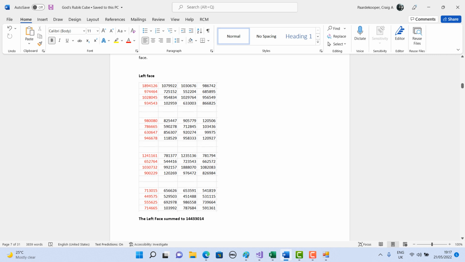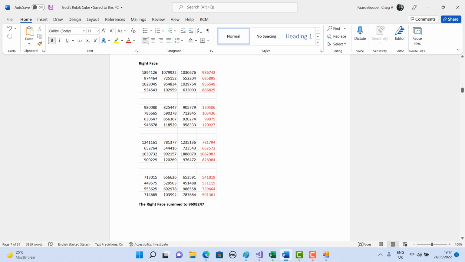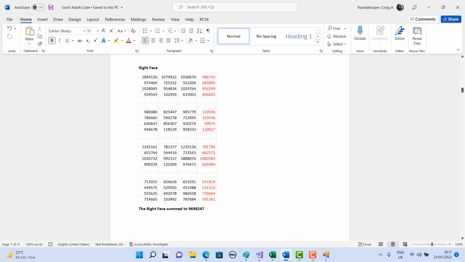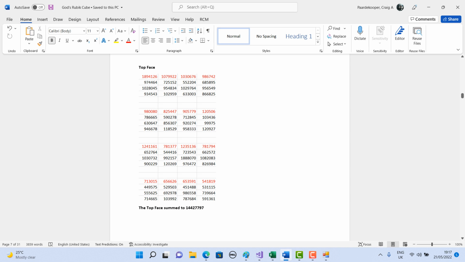Now here is the left face of the cube highlighted in red. So these are the codons that form the left face of the cube, and they sum to 144,33014. Then I did the right face of the cube, which is all of these highlighted in red, and these sum to 9698247. Then I did the same for the top face, which is all of these codons, and these sum to